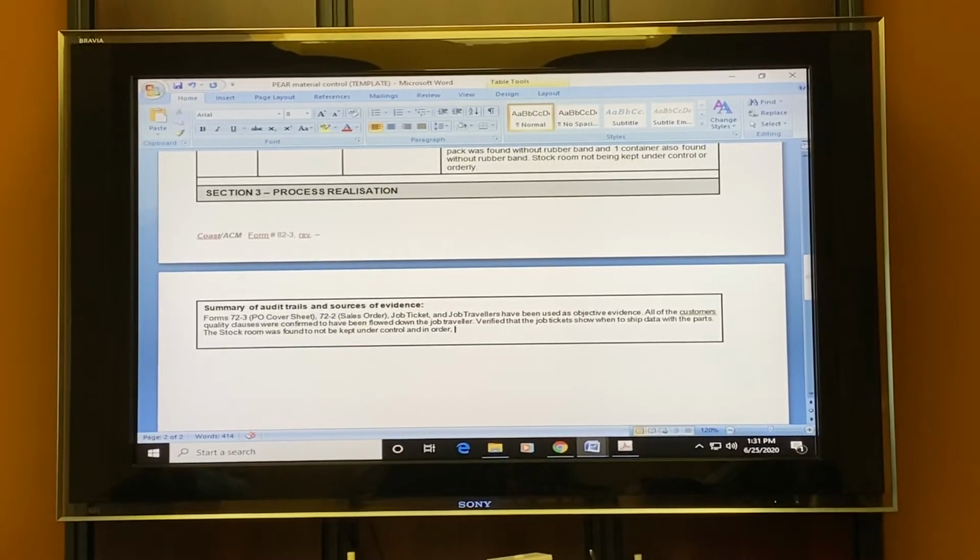So what we would do is you can either verbally let Yolanda know about the nonconformities that were found, or you can also email her and let her know, hey, I found this out of order or whatever. Just give her your findings. So then you're gonna put here, the stockroom was found to not be kept under control and in order. So let's pretend that we did notify Yoli, right? So we're gonna put material control manager was made aware of